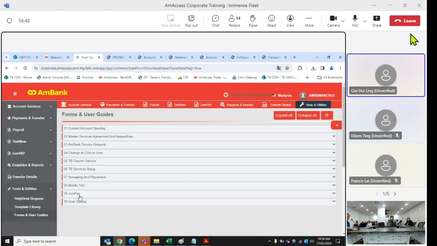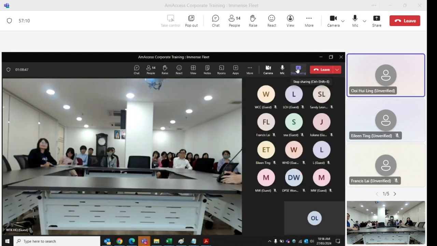And then the other one is you can look for the forms and the user guide under these tools and utility. Okay. So forms, I would have actually shared earlier on, but subsequently, if there is any new updated form, the forms and also the user guide will be available in the system for you to download. Okay, so any questions from the floor? Do you have some sample transaction? You can start doing some